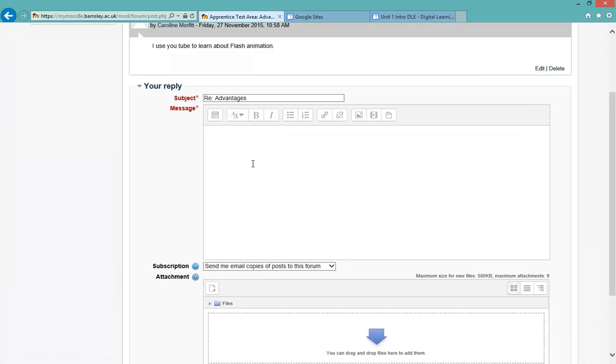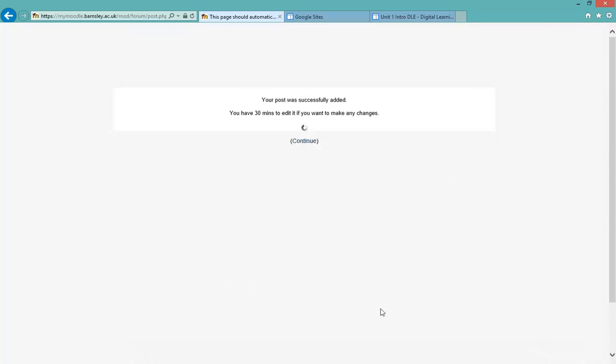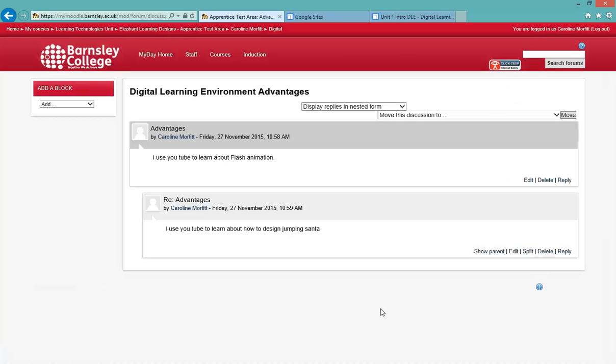So they can put, for example, I use YouTube to learn how to design jumping Santa. So again, as you can see, it's models. Students can communicate with each other using the forum and exchange ideas. I mean, teachers can use it as well. So that's that one. Now I wanted to also discuss content management, how to rearrange packages,